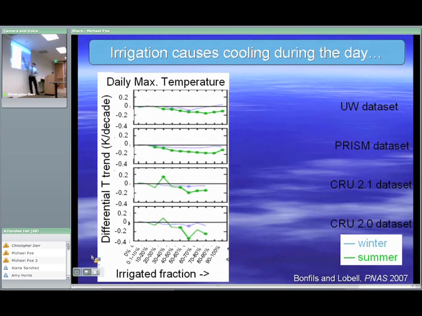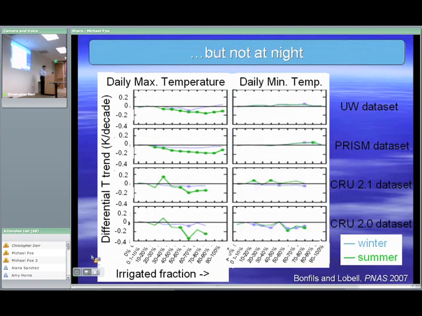The four panels are four different observational data sets, for redundancy. But this one is, I think, the cleanest result, illustrated here. The green is the result in summer. So what is this saying? This is saying that in summer, heavily irrigated regions have less of a warming trend, more of a cooling trend, than lightly irrigated regions. This blue, which is hard to see from my angle, is winter. And in winter, there's essentially no effect of irrigation on temperature trend, which is what you'd expect because there is essentially no irrigation in winter. Now, again, this pertains to daily maximum temperatures. So that's saying that in daytime, irrigation seems to act as a cooling influence.